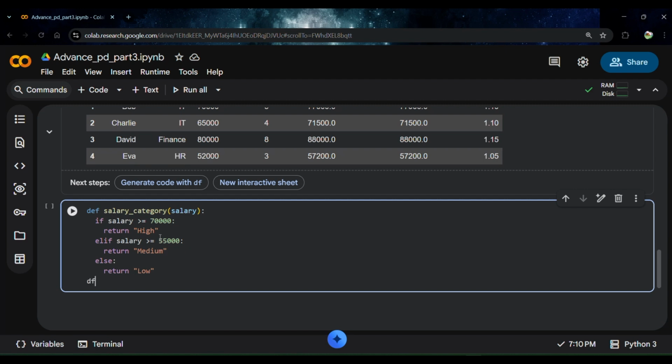Okay, now we are going to place this under df["salary_category"]